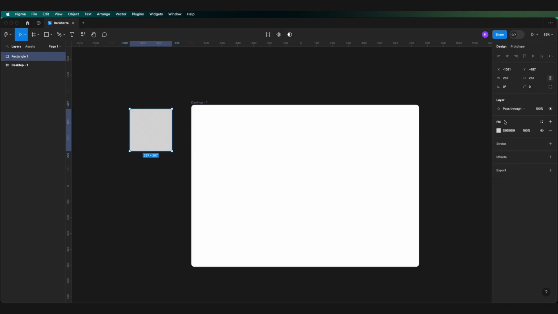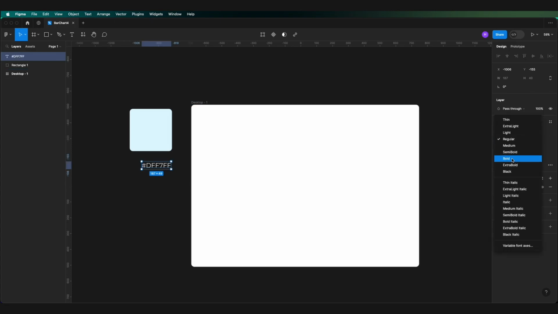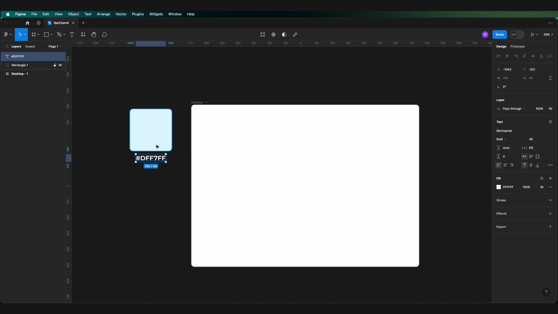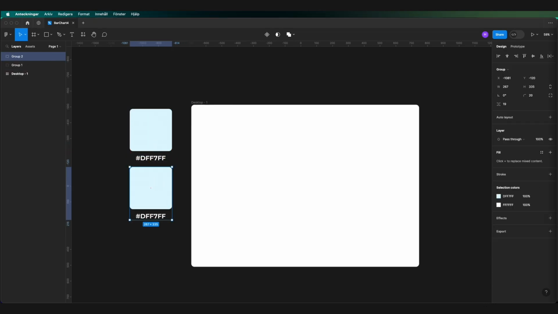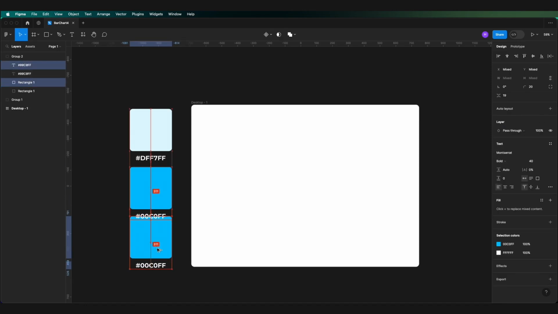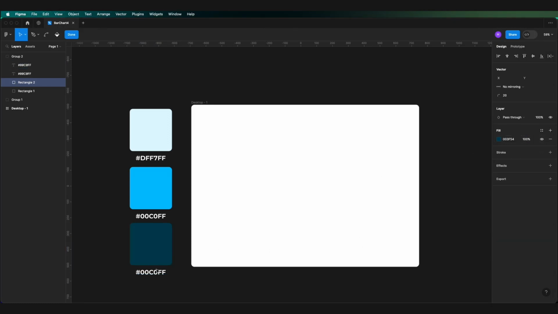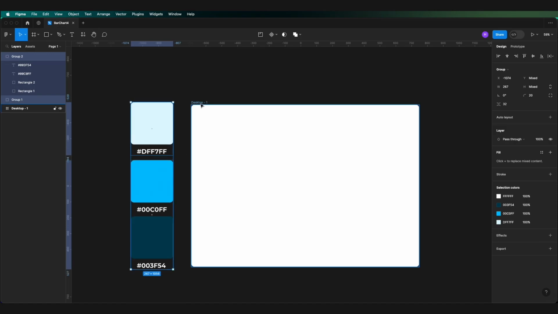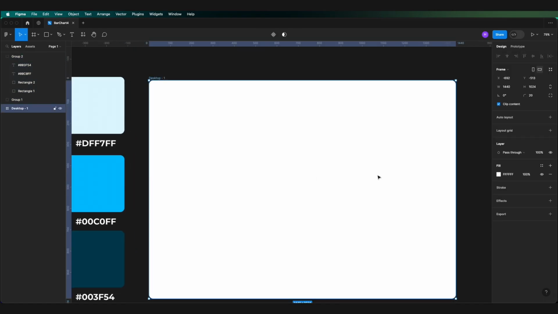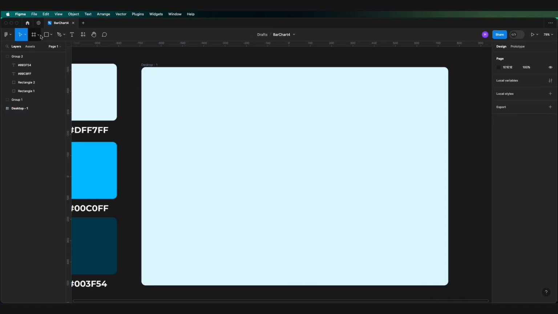I will use a couple of prepared colors. A light blue one, the font I'm using is Montserrat, a stronger blue, and then lastly a dark blue for the text. Alright, now the colors. Let's draw the bar chart. So the window will have a background color of the light blue, and